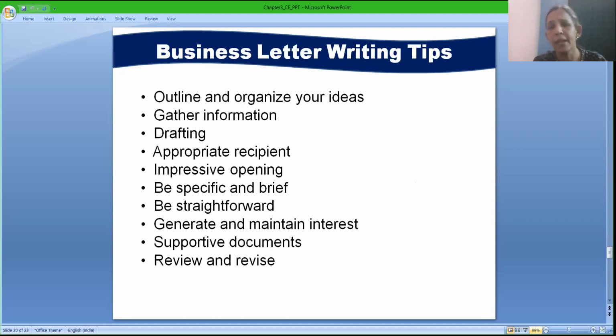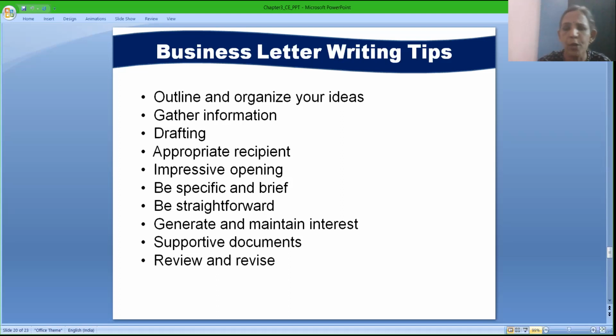Now, whenever we are talking about the different types of letters, be it an inquiry letter, a sales letter, a placing an order letter, a letter of complaint, an acknowledgement letter, an adjustment letter, an offer letter, a cover letter, or a letter of resignation, every letter has to be presented in a proper way. If it is not appealing to the readers, trust me, your letter is just going to be thrown in the bin. So how do we ensure that our letter is read by the receiver?